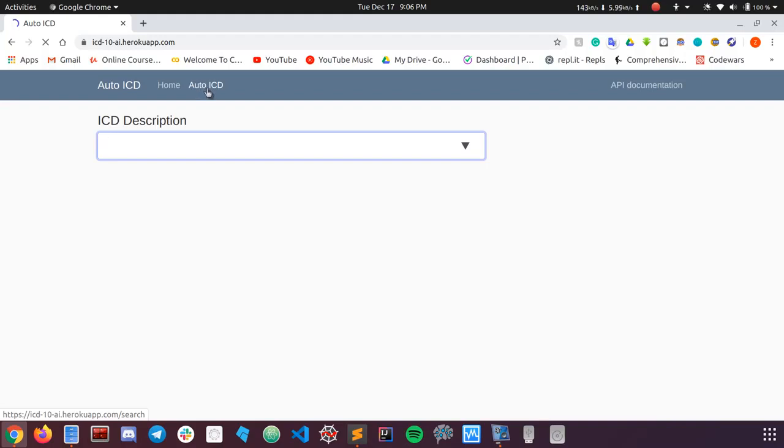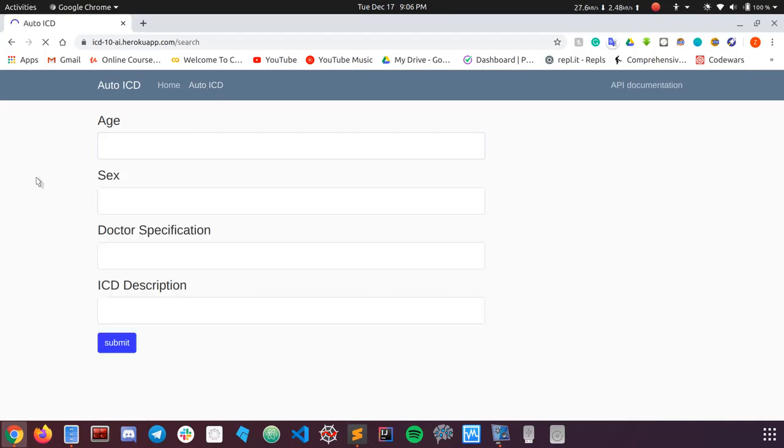But you don't need a lookup in many cases. If you type something like cardiovascular, you don't need a list of codes. You just need one code which closely matches that disease and the patient details.